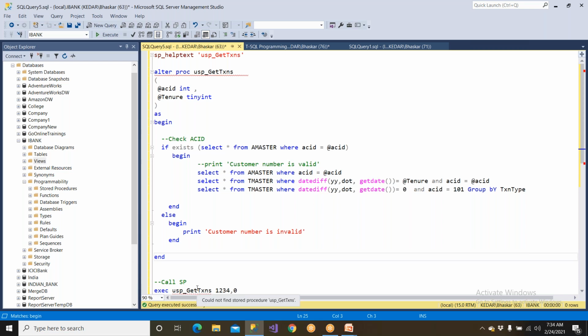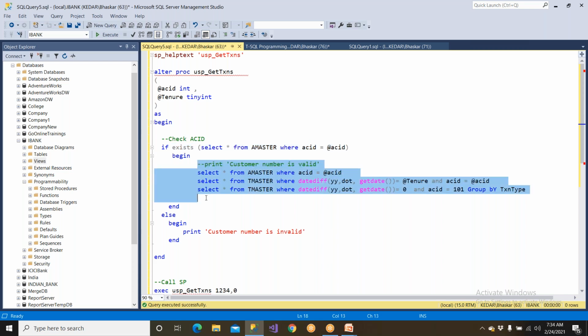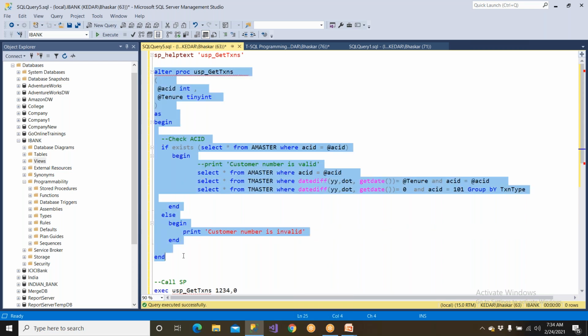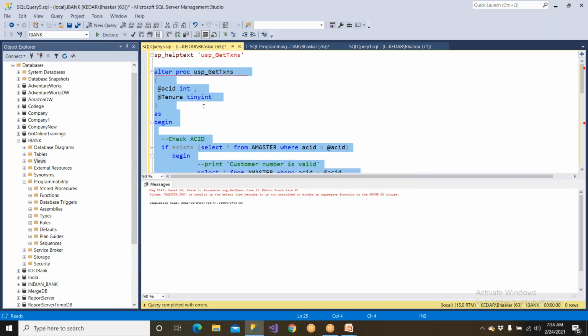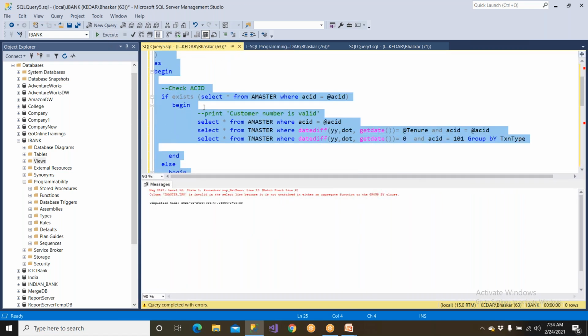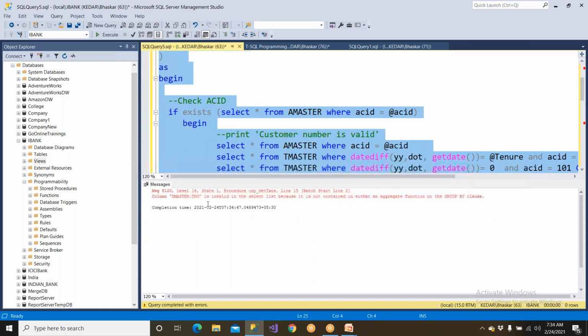Already we know what exists is. If everything gets added, already we know what this is. If there is at least one row, this will become true. That means this account number is existing. That means it will display this data, else it will display this message. That's it. So execute this, alter this. Okay. After altering, so something is